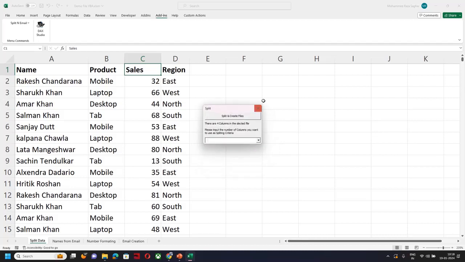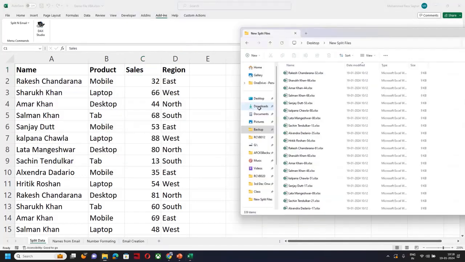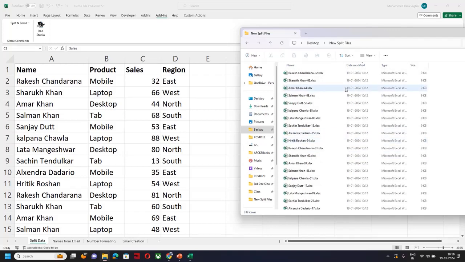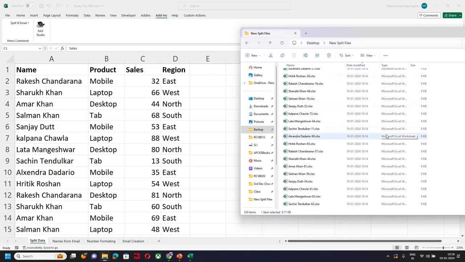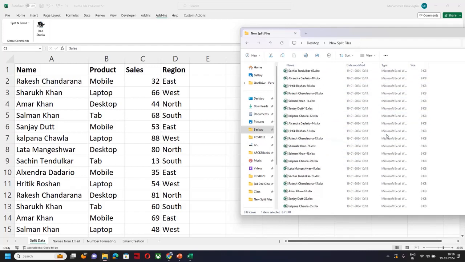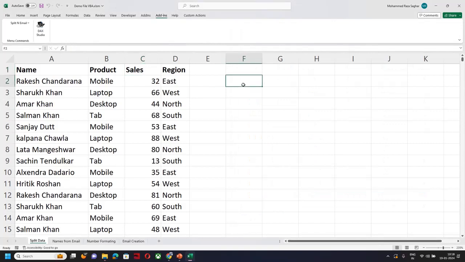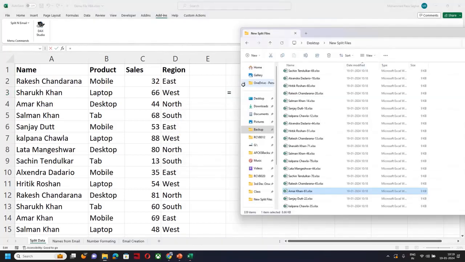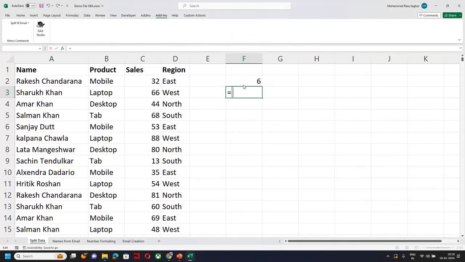339 files created. So we have 339 files, and it started at 10:12 and ended at, scroll down, 10:18. So basically 6 minutes. Let's consider 1 minute per file.